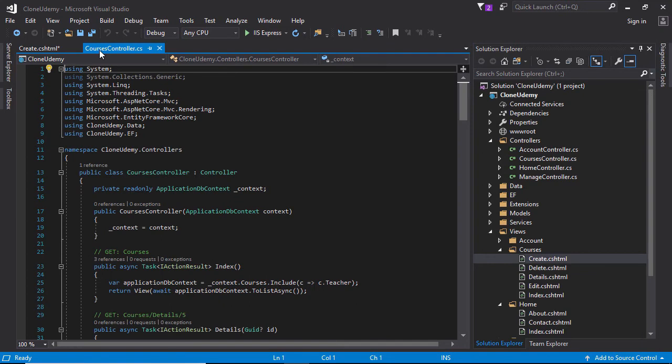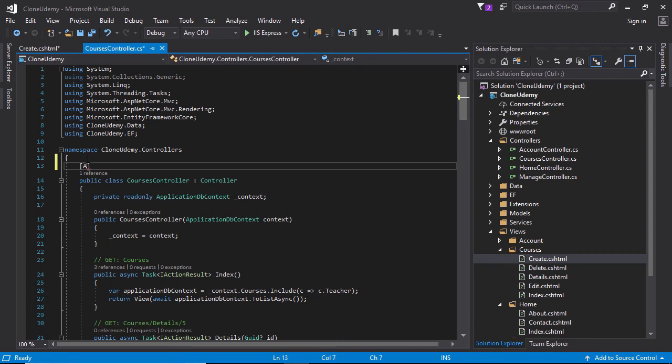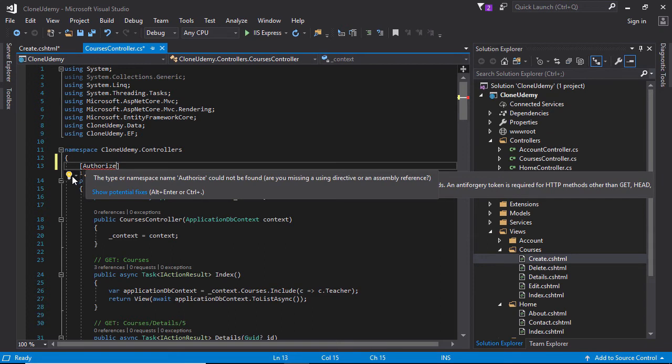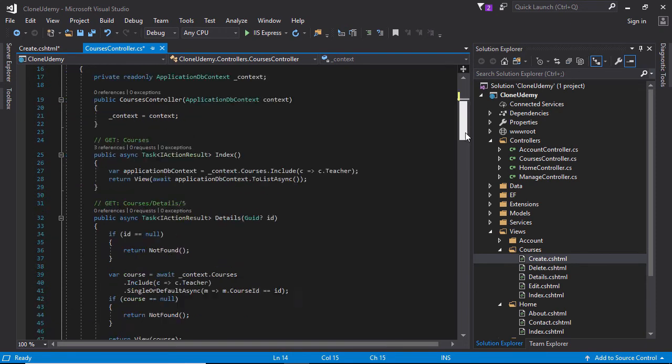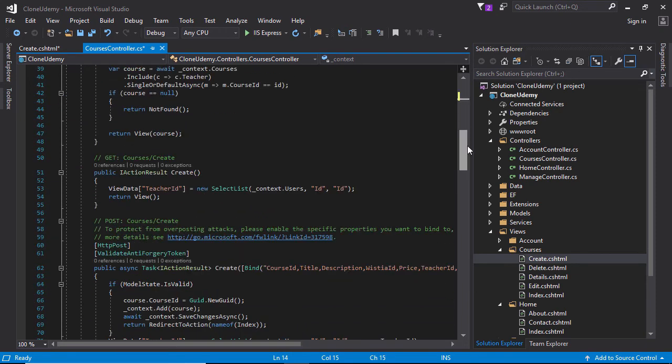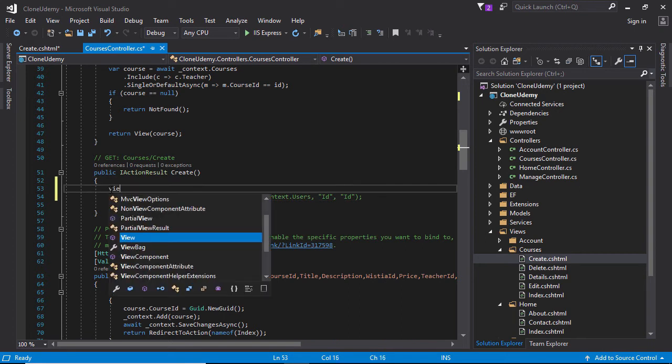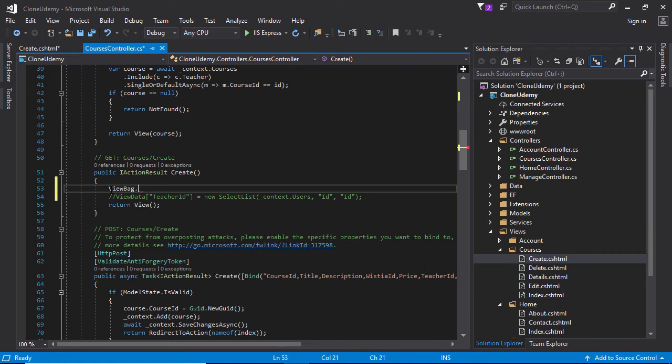Let's write the ViewBag code in the create action method. Let's specify Authorize so that only a logged-in user can access this controller. Let's go to create. We don't need this ViewData teacher ID drop-down list. We don't want this, so comment out this one. Let's write ViewBag dot teacher ID, this one,